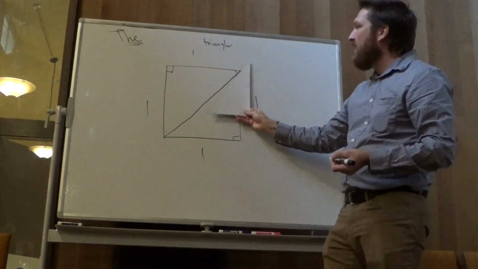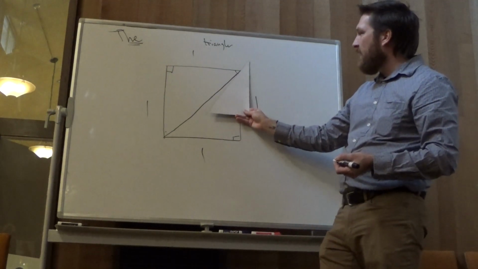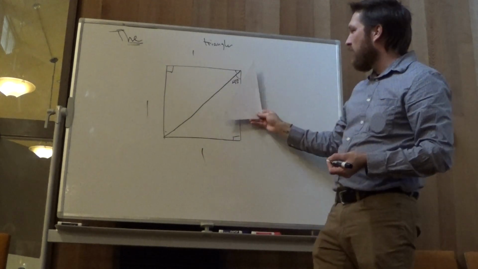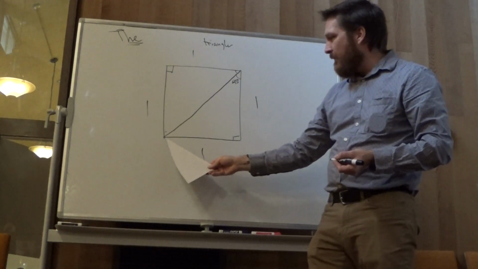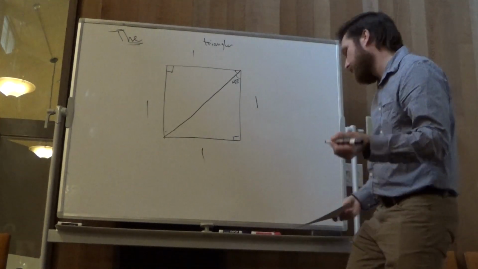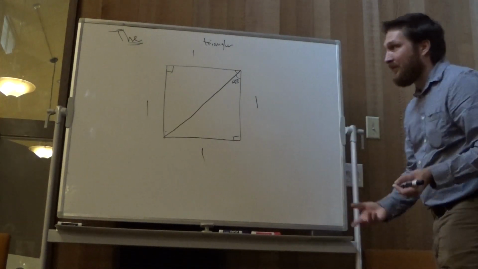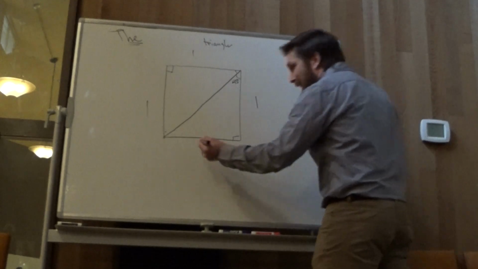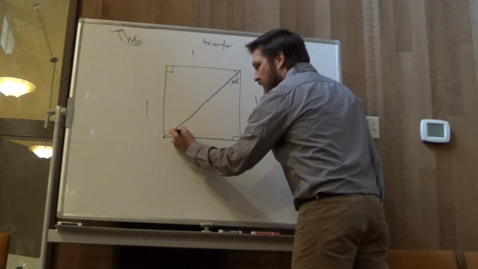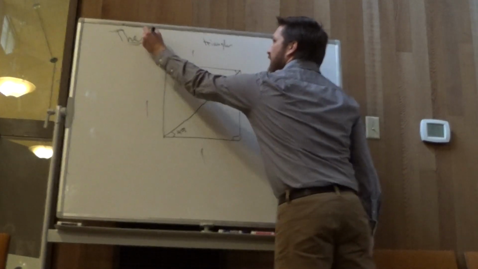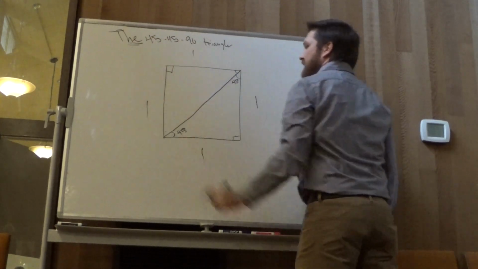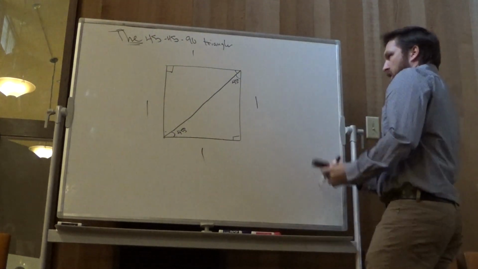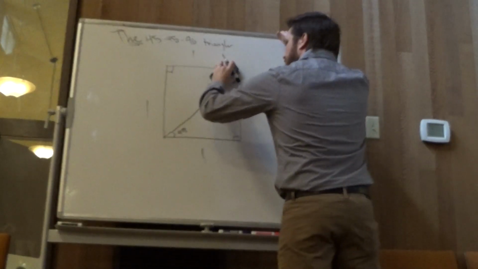If I had 44 on one side and 46 on the other, or whatever, this would not go exactly to that point right there. So, kind of a hand-wavy thing. It's not very rigorous, but I think it's pretty obvious that that has to be true. So we call this the 45, 45, 90 triangle. The only thing left to do, well,